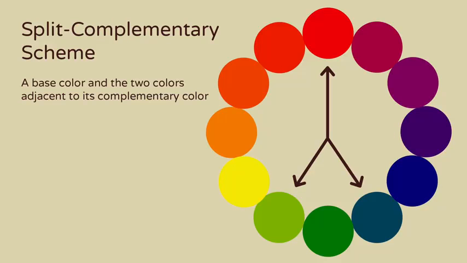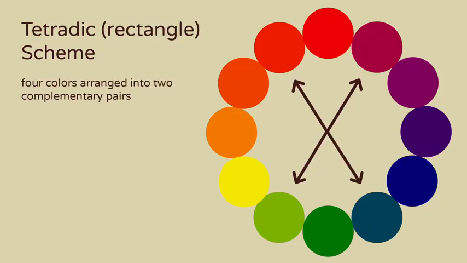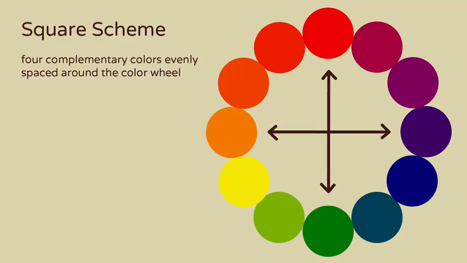A split complementary color scheme is made up of a base color and the 2 colors adjacent to its complementary color. A tetradic color scheme is made up of 4 colors arranged into 2 complementary pairs. And a square color scheme is made up of 4 complementary colors